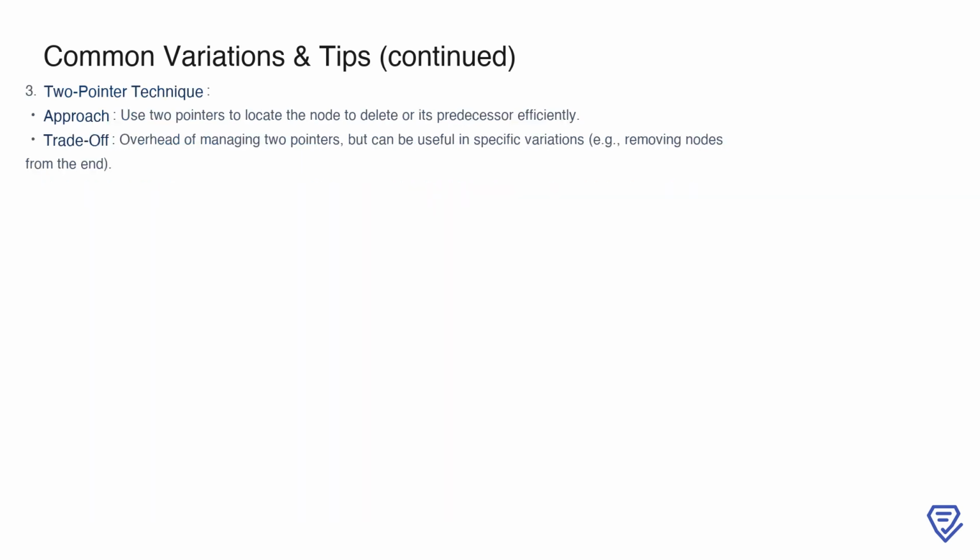Another useful approach when working with linked lists is the two-pointer technique. This involves using two pointers to efficiently locate the target node or its predecessor. While this method introduces some overhead in managing the two pointers, it can be particularly effective in specific scenarios, such as finding and removing nodes from the end of the list. This technique not only improves efficiency but also provides a structured way to handle more complex variations of linked list